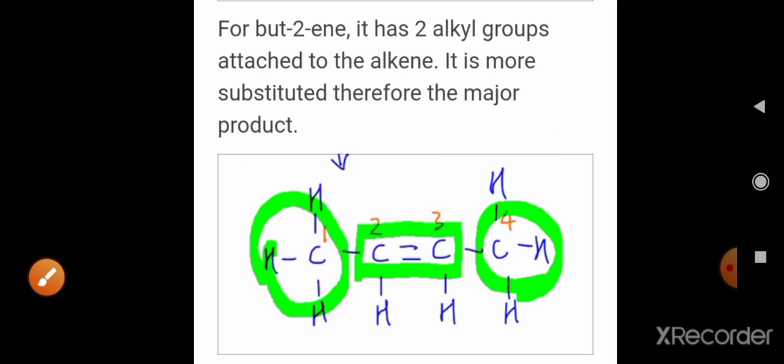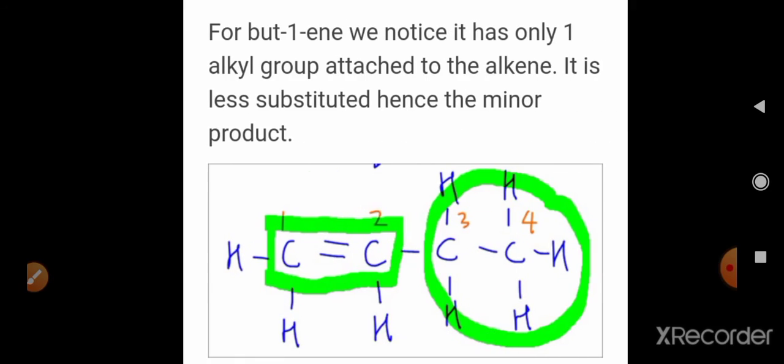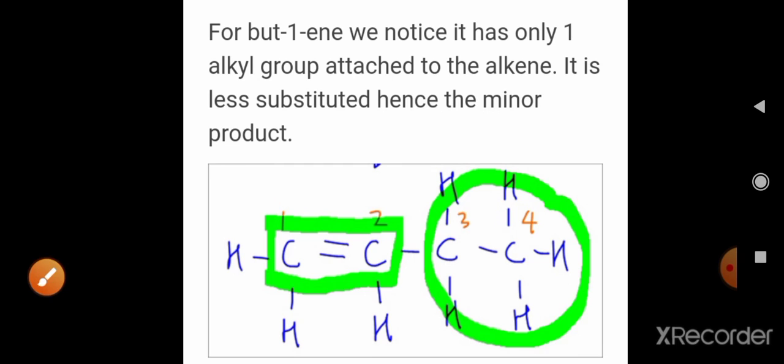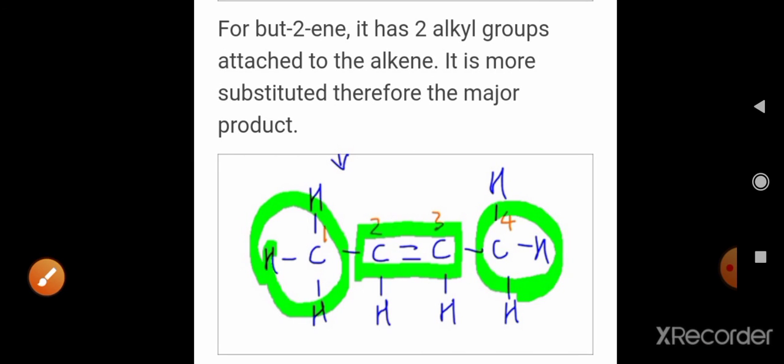Therefore, in this case, both the carbons are substituted. But in the previous case, carbon number 2 is substituted, but the first carbon is bonded with no alkyl group; it is bonded with only hydrogens. Therefore, the preferred product is but-2-ene because it is more substituted. Therefore, it is the major